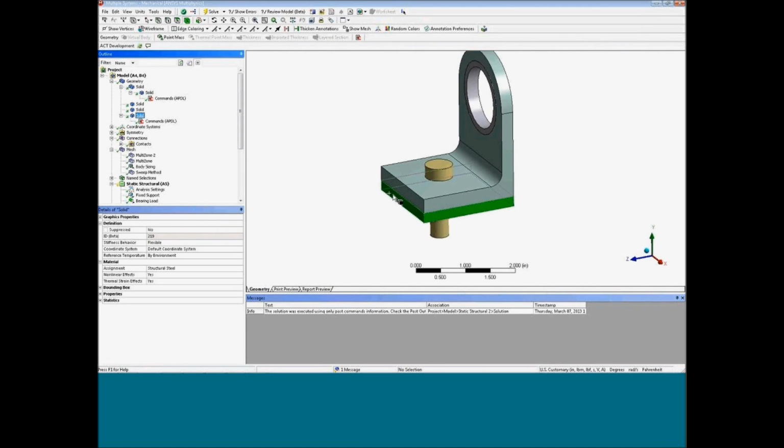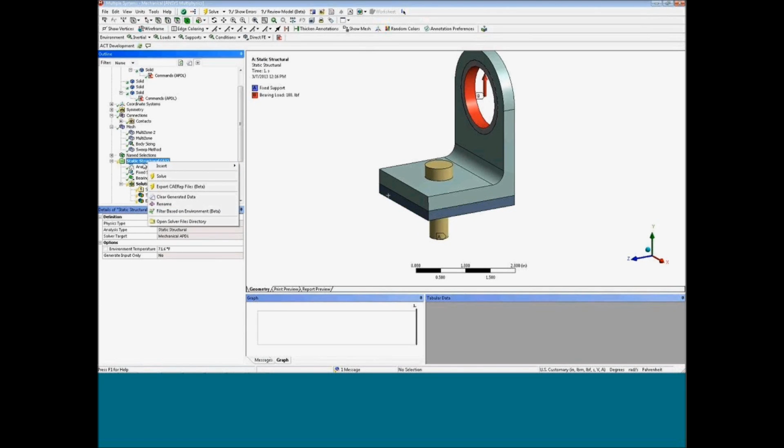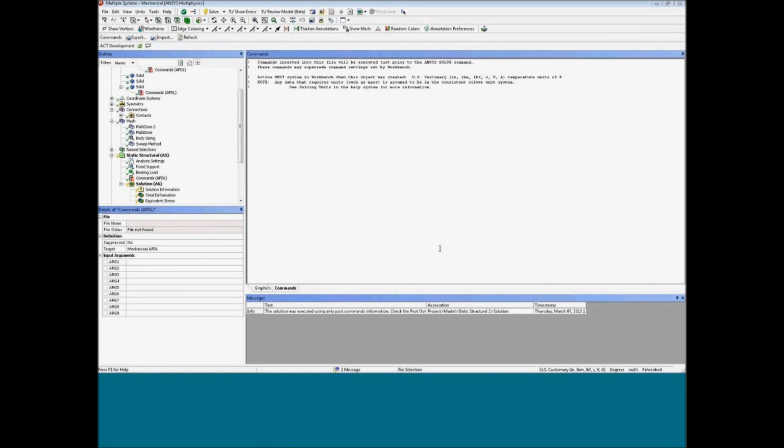So that's easy enough to change some of the options on the element type, but I haven't done anything in terms of assigning the sections to those elements. So we can do that by inserting another command block. Do this in the analysis environment. Put in a command. And then in this command block,